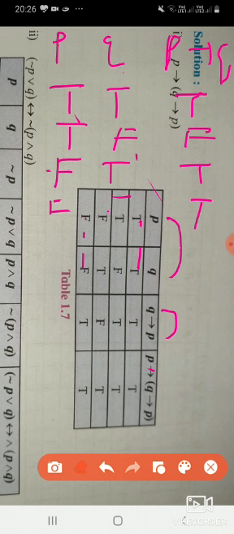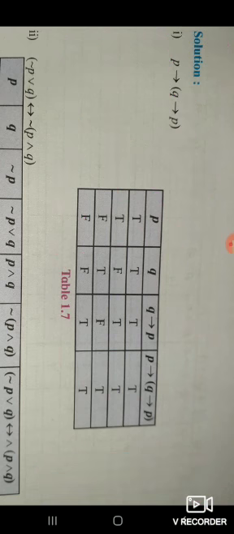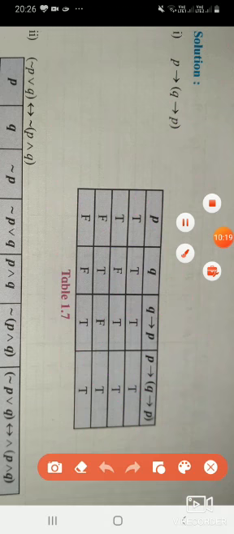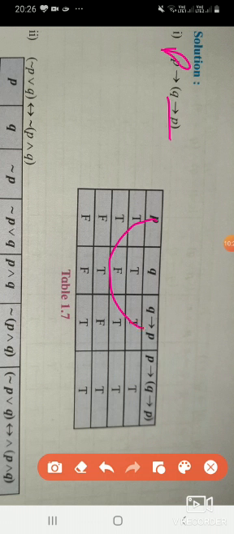So next we are going for another one. P to P, see the statement. We need this one first, then P to P. P to P means true to true.